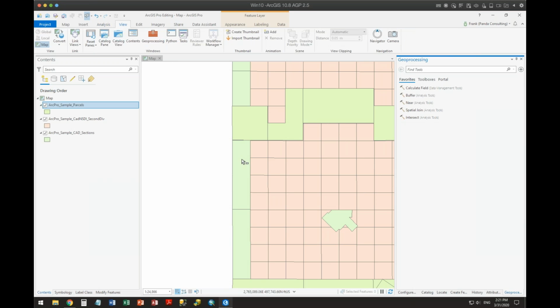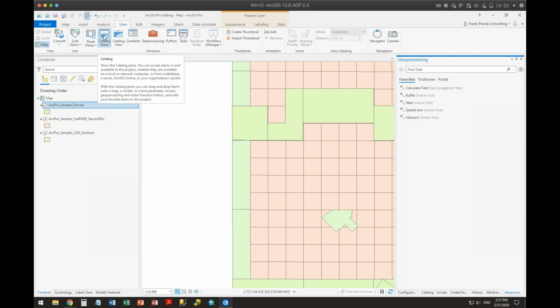The view tab. The view tab is when, for example, you want to reset the panes to go on there. If you want to take a map document and convert it back and forth to a 2D or 3D map, it's here. You can link views between different map views so that as you move one, it also moves the other one.